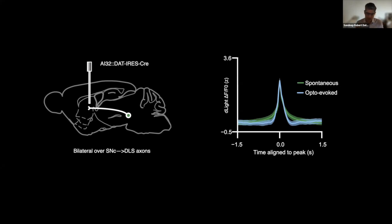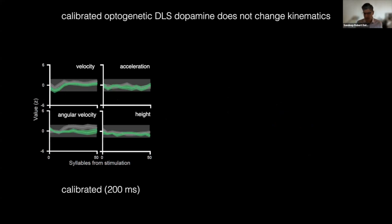And indeed, if we look at the animal's movement kinematics in either open or closed loop, we actually see that these little flickers of exogenous dopamine that we're inducing with light in dorsolateral striatum do nothing to the animal's velocity. It doesn't make it turn, doesn't make it speed up, doesn't make it rear. From what we can tell, this doesn't change the animal's moment-to-moment kinematics at all,